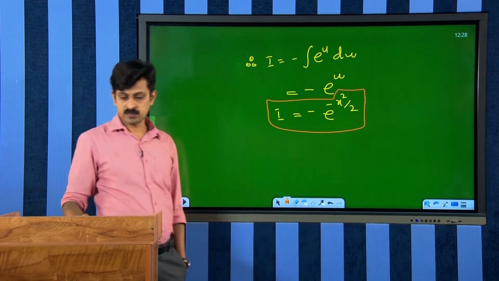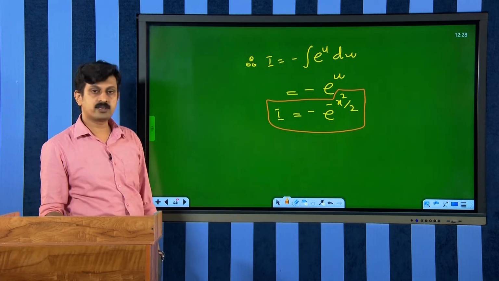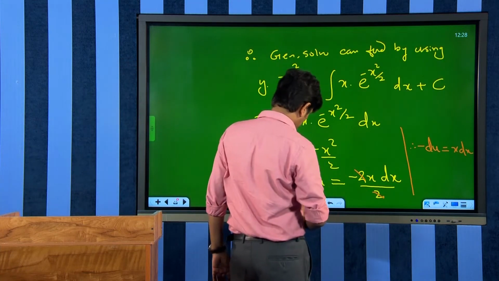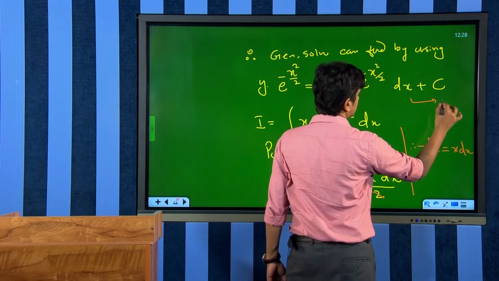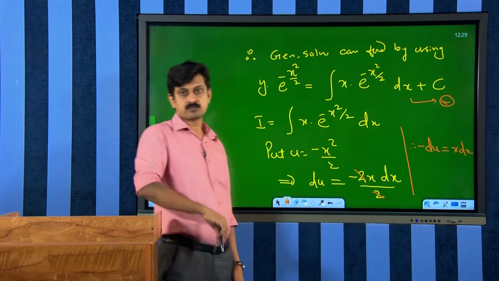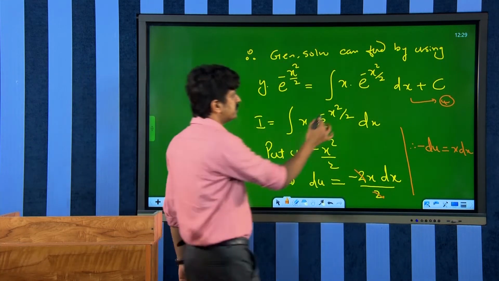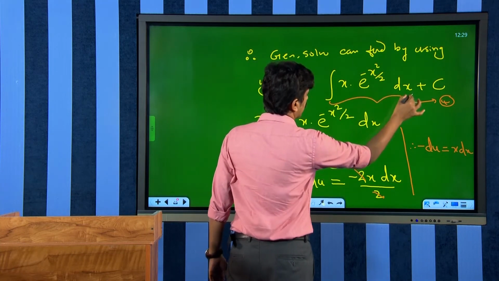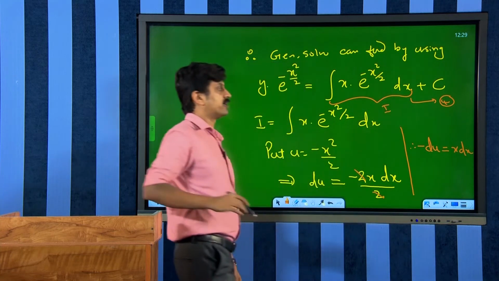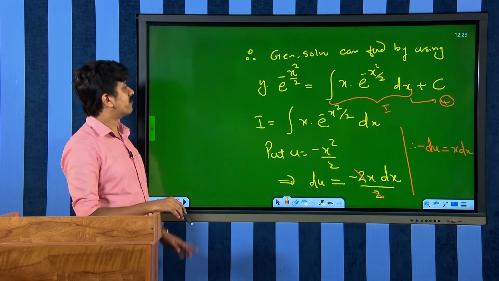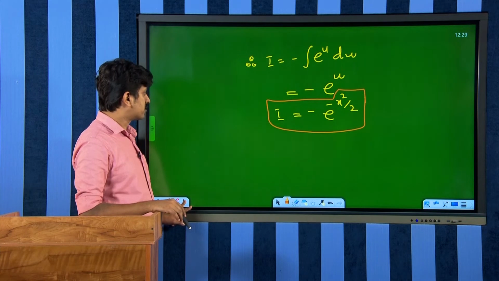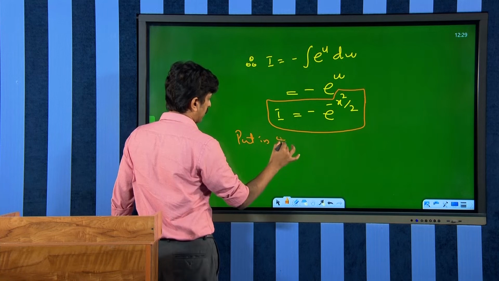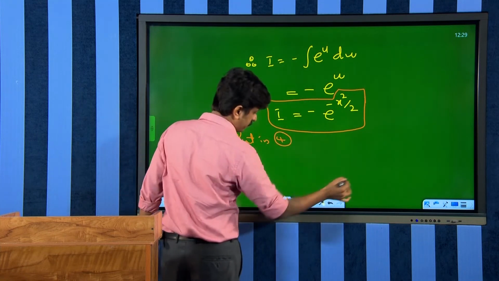Okay, fine. So, we can replace that value in our solution here. I would like to put this as equation number 4. Actually, this integral part is I, so we can replace I there. Therefore, putting in 4, we will have